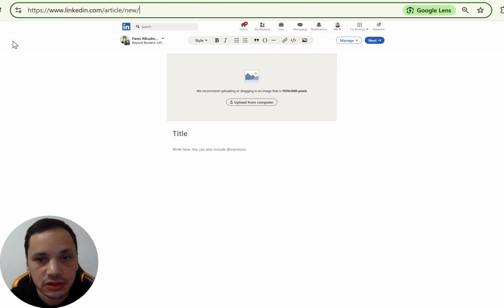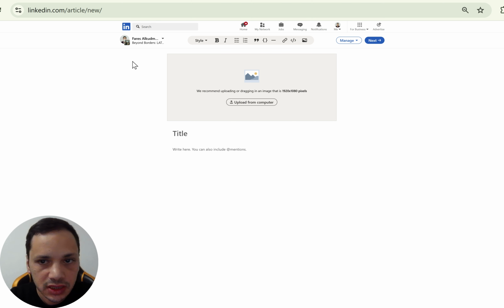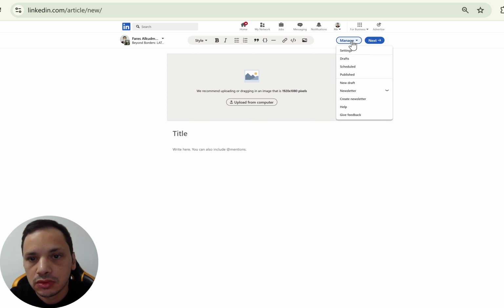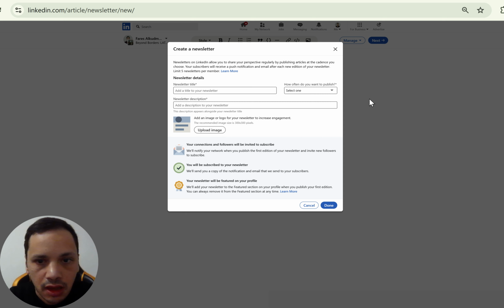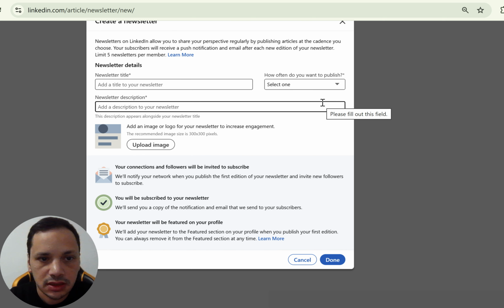linkedin.com/article/new. This page is good. I try to always start from this page where you can see the main functions. So first step, you will want to create a newsletter. There is a button here, create a newsletter, and when we click it we can see here the main